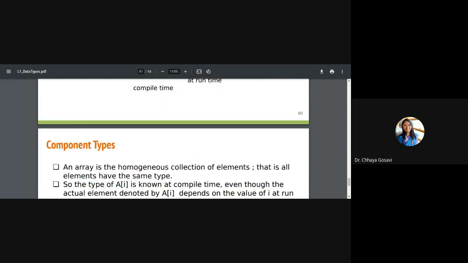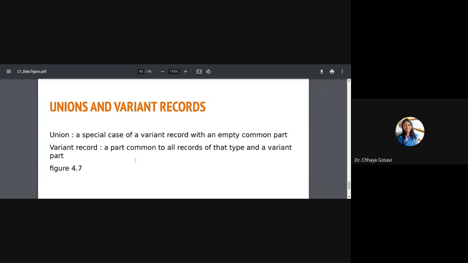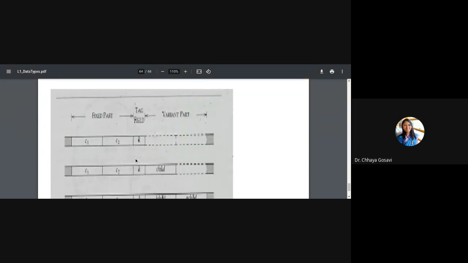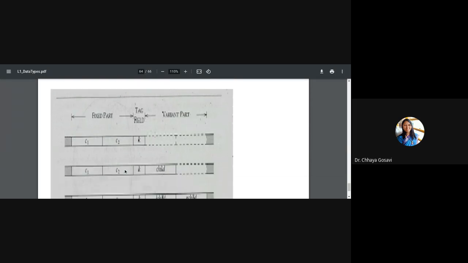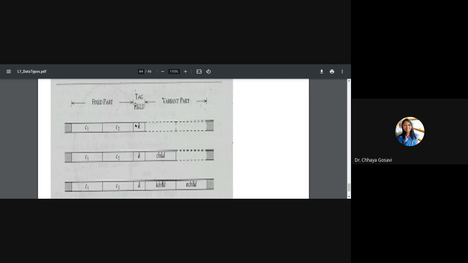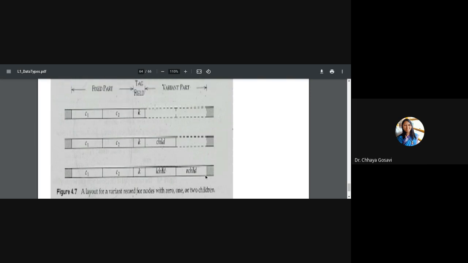As the name says, a variant record is a variation of the record. It has a fixed part and a variant part. Memory for the fixed part is allocated for sure. The variant part depends upon its use, whether it gets allocated or not. There is also one field called the tag field. Take a layout for variant records for nodes with 0, 1, or 2 children in a tree structure.